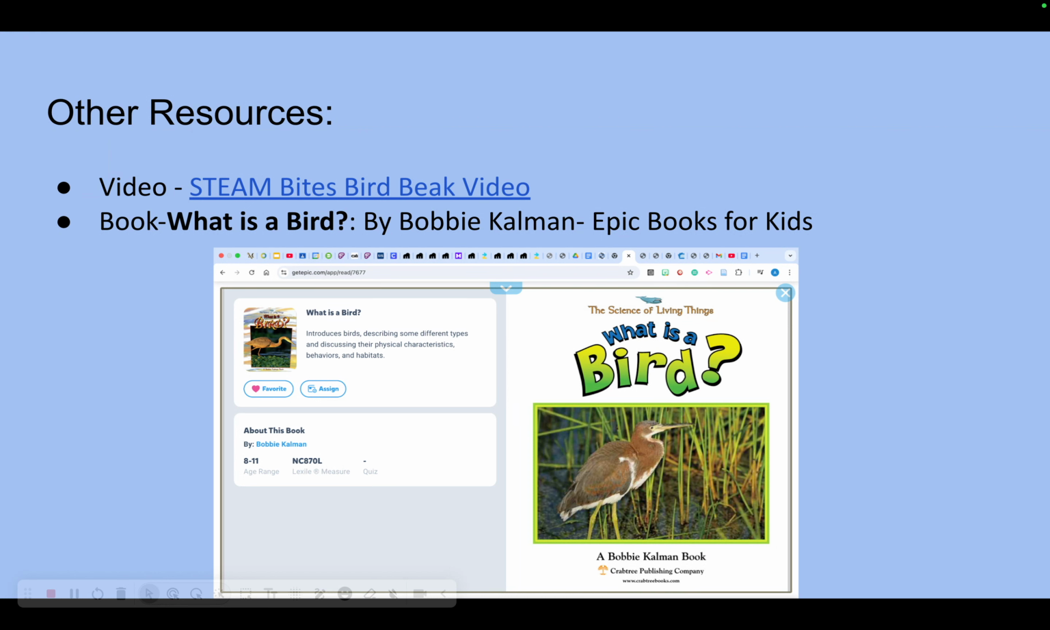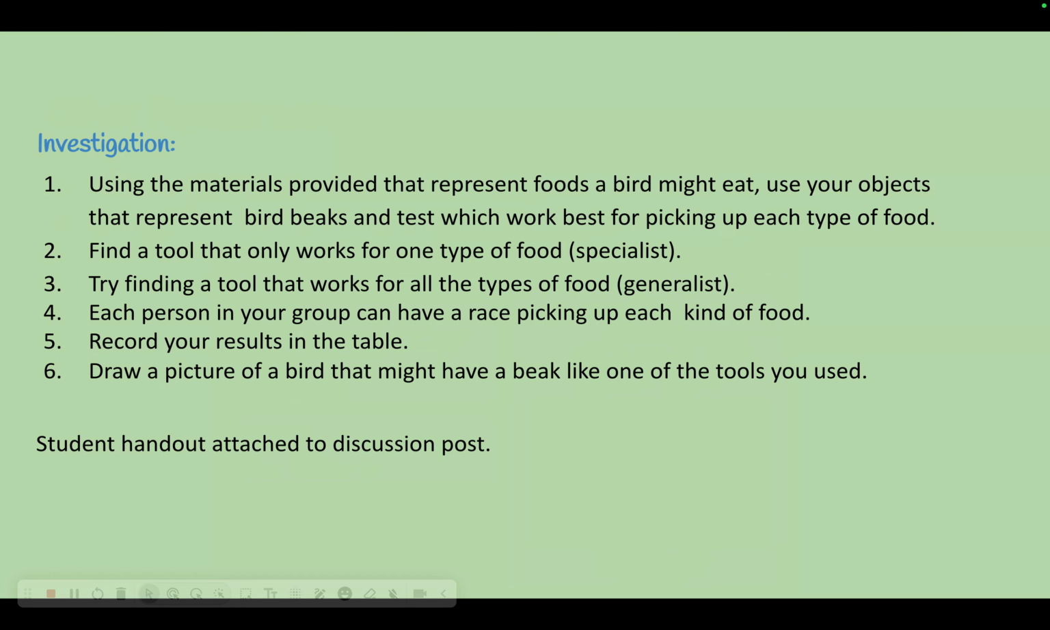It's called What is a Bird? If they were interested, they could read the whole book, but there were just a few specific pages on bird beaks, which went along perfectly with this lesson. So the actual investigation day, we started by watching that quick little video with an introduction of the different birds,